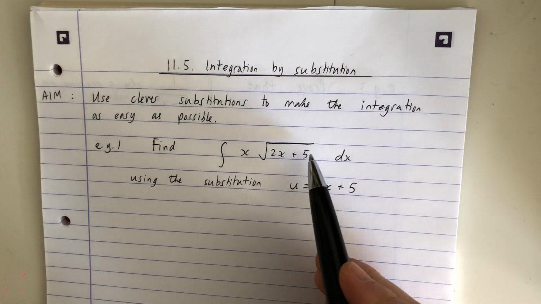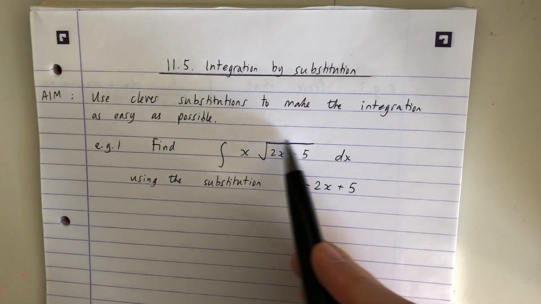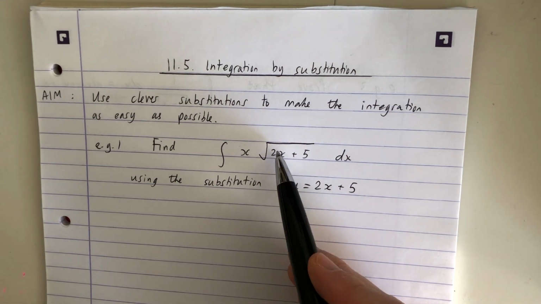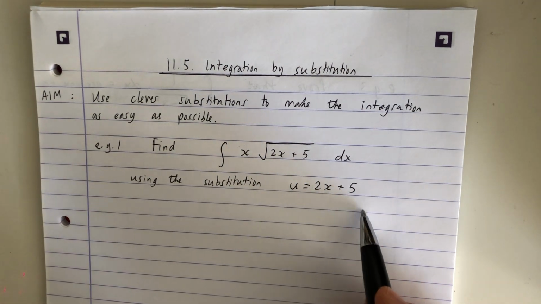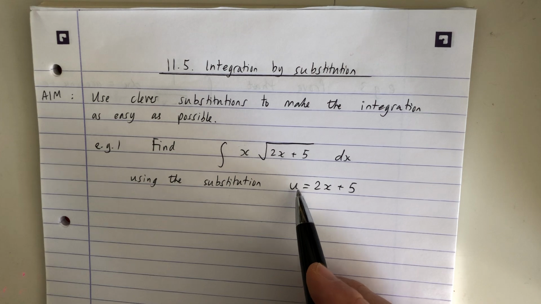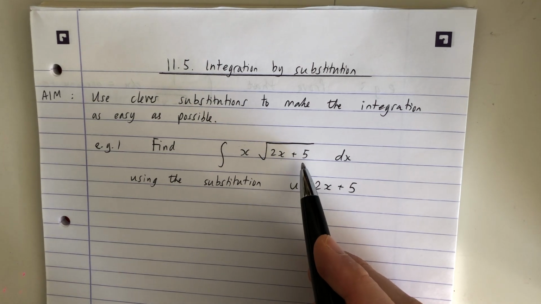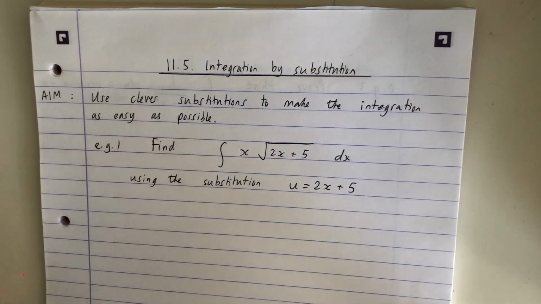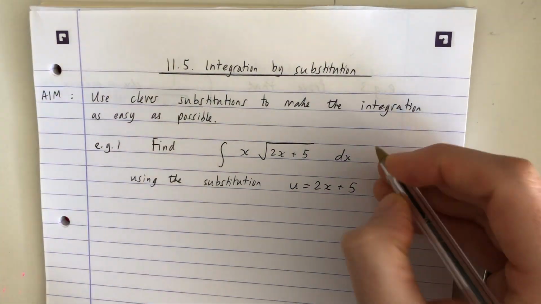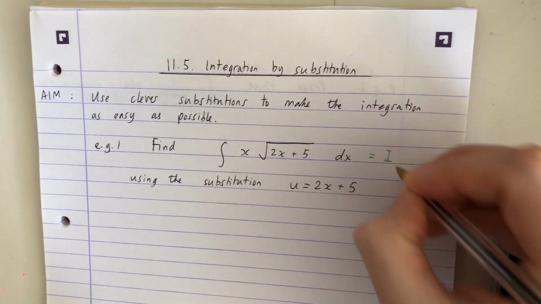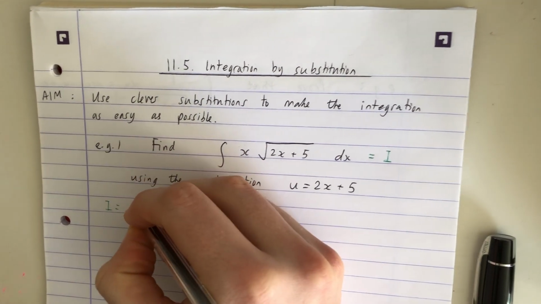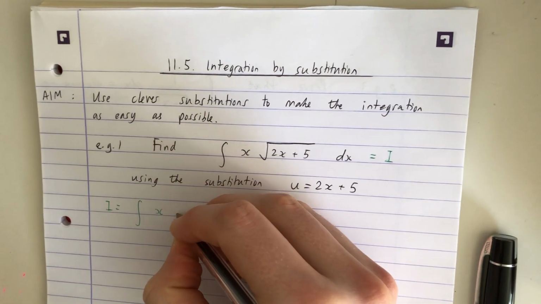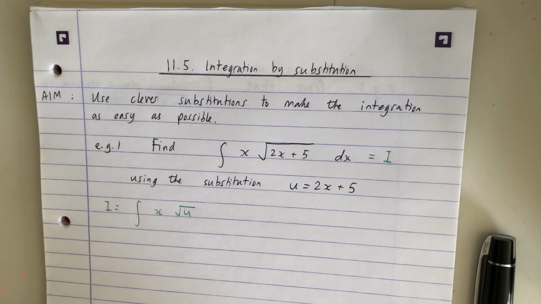Now, I'm focusing on the most complicated part of this integral, which is the thing inside the square root. I'd rather just square root a single thing rather than 2x plus 5. So this substitution that I've come up with is replacing that 2x plus 5 with the letter u. So let's see what that would change to. I'll call this integral I, and then I would be equal to integrating x square root of u instead of 2x plus 5